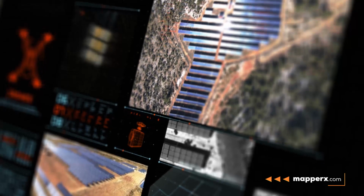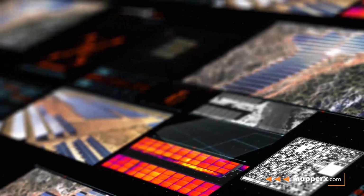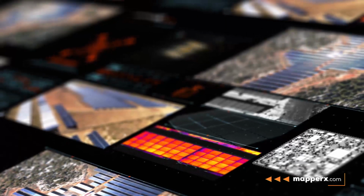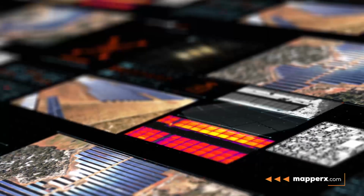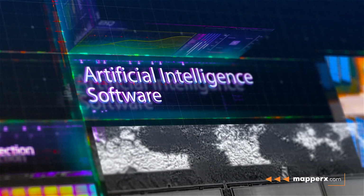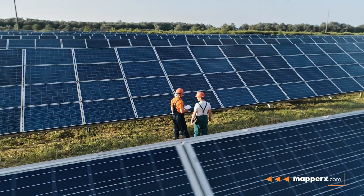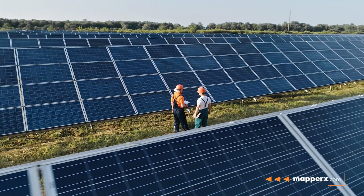MapperX detects faults in solar power plants using thermal cameras and helps business owners make the right decisions by creating reports. As a result, benefits such as reducing maintenance costs and increasing production efficiency are achieved. The MapperX autonomous artificial intelligence software plays an important role in the operation and maintenance activities of solar power plants and helps to increase the efficiency of PV panels by detecting and preventing